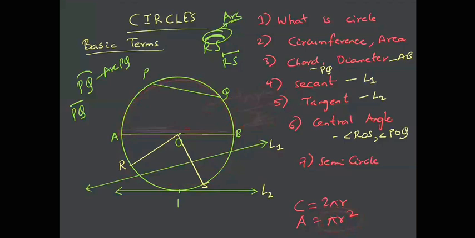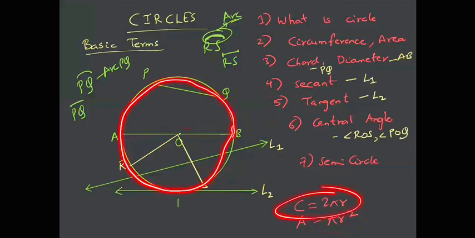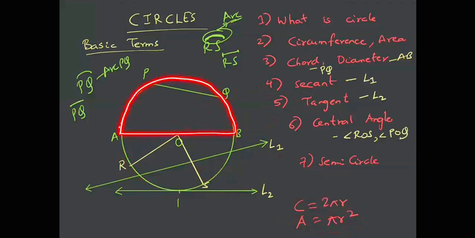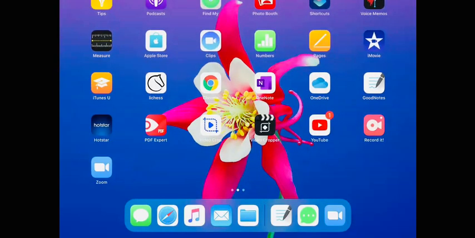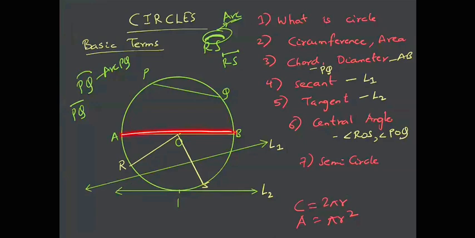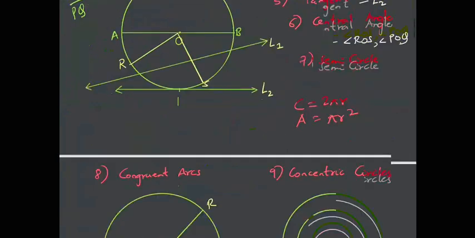But if I ask you the perimeter of a semicircle, the entire perimeter, that is the entire circumference, is 2 pi r. But the perimeter of the semicircle is half of 2 pi r, that is, this length is pi r, plus this length, that is 2r. So the perimeter of a semicircle is pi r plus 2r. Fine. I think what we have discussed till now is pretty much basic and clear to everyone. Let us move ahead.